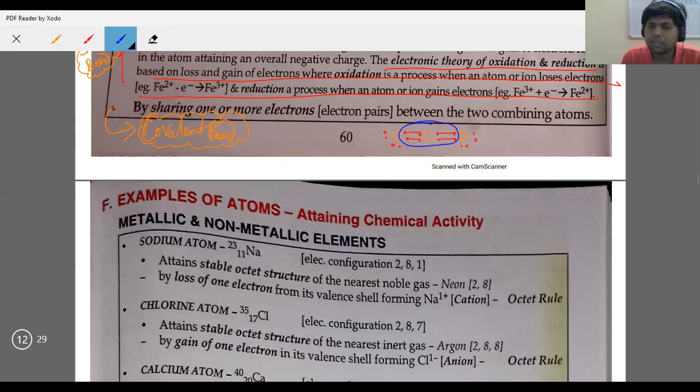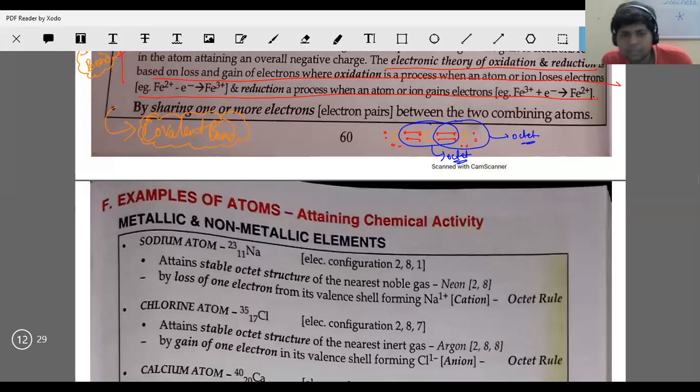It shows the property of catenation also. It can react with other compounds also. It can share atoms, electrons with other compounds also. So now the carbon has an octet, 8 electrons, it is fulfilled. Each of these oxygen atoms also has its own octet. So this is how, by sharing, their octets are getting fulfilled. Is it clear? Should we move on?